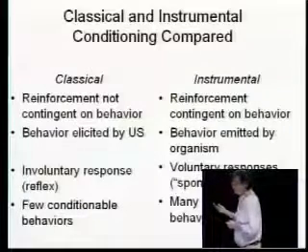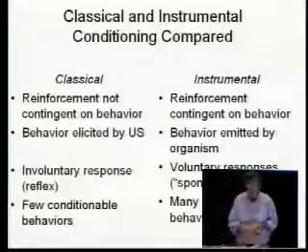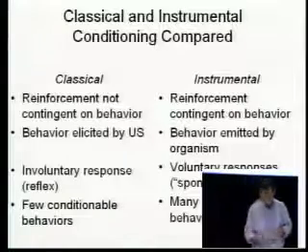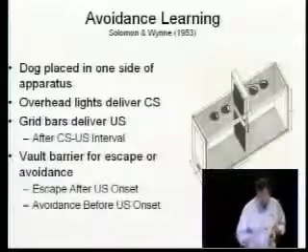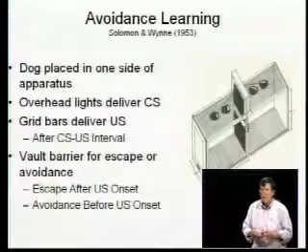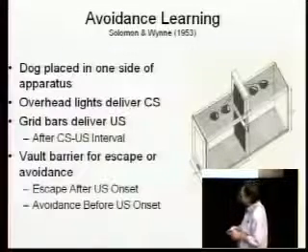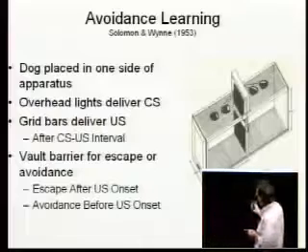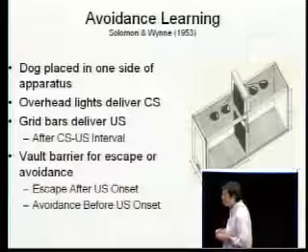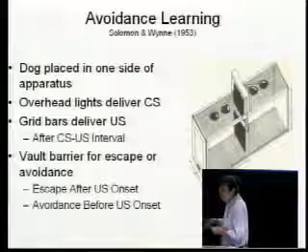Okay, classical conditioning and instrumental conditioning are different, but if you think about it for a second, most examples of adaptive behavior reflect some kind of combination of classical and instrumental conditioning. This is made clear, I think, by a form of learning that is often studied in the psychological laboratory known as avoidance learning. This is the apparatus used in some classic studies of avoidance learning by Richard Solomon and Lyman Wynn. Solomon and Wynn,